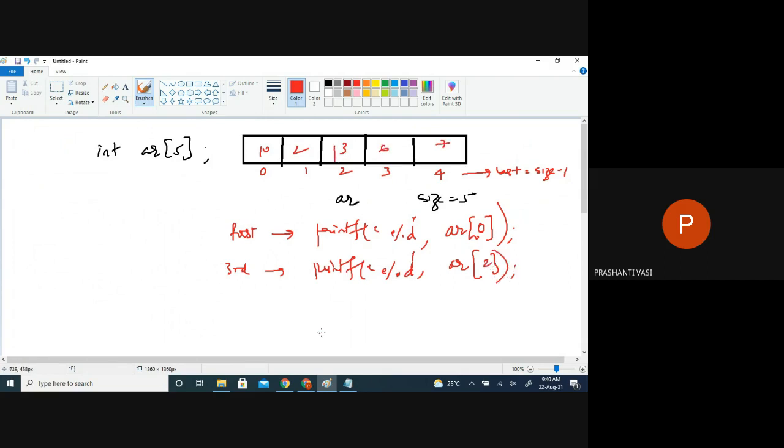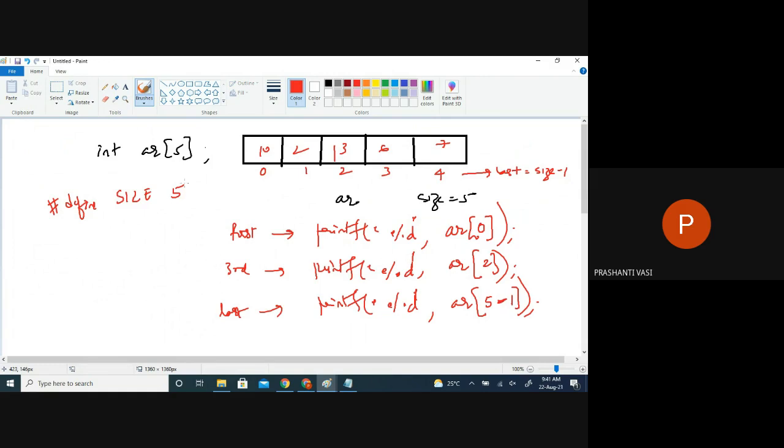Similarly, if I say print the last element, we should always go by the size of the array minus 1. That's the last index. Generally, we declare the array sizes as constants: #define SIZE 5.